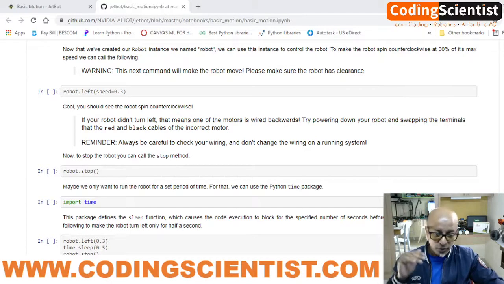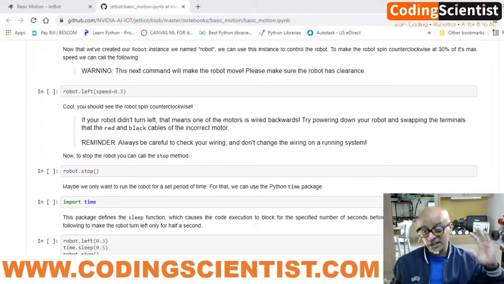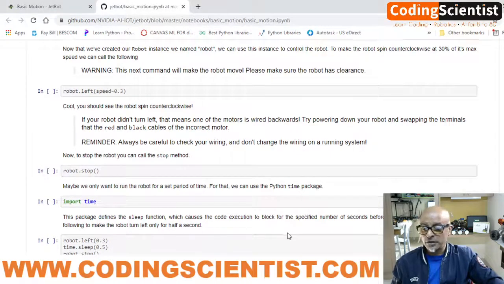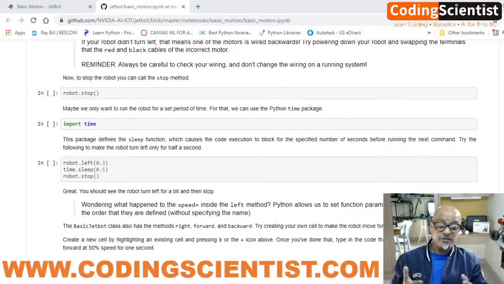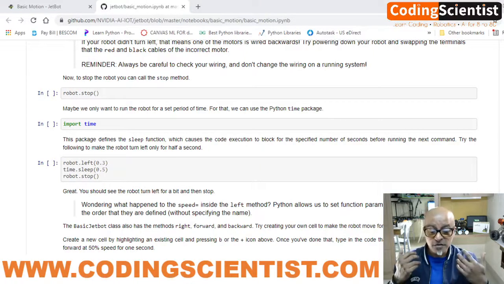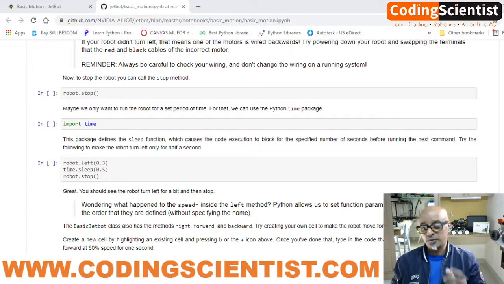The slower the speed, the more data collection is going to happen, which we are going to see in the later stage. Now the next line of code, robot.stop, is again a function. In this line of code, we are defining a stop user defined function in Python in order to stop the motor of a JetBot. Once you execute this code, the previous code will get terminated and it will stop the motor. So that's how it works.